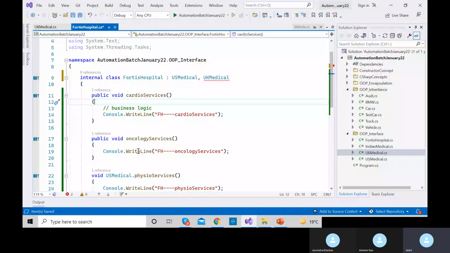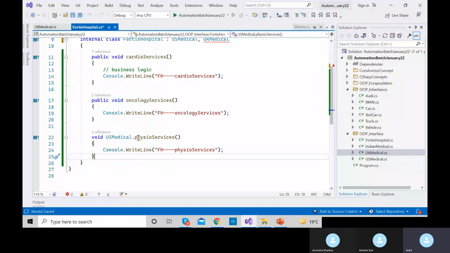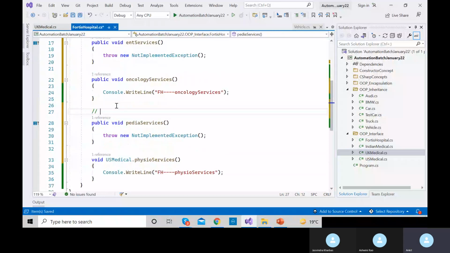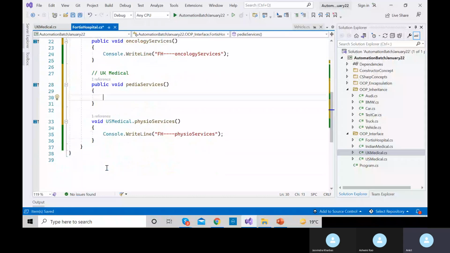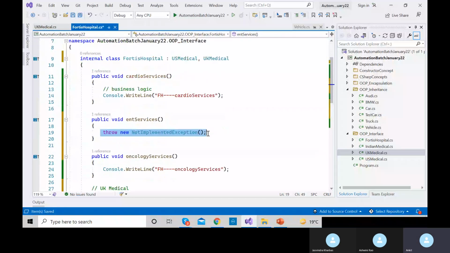Okay, so to resolve this, just mouse over to this and click on implement interface. Okay, so you see the services, these PDA services, where are they coming from? This is coming from the UK Medical. We don't want to throw any exception. We are just writing our business logic, and these ARN services as well. So these two,